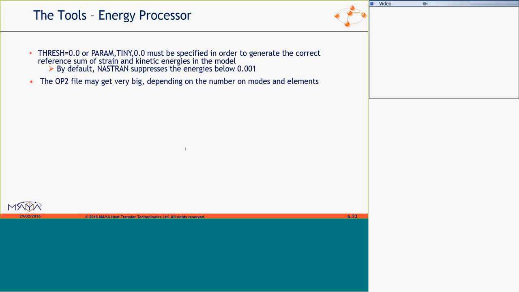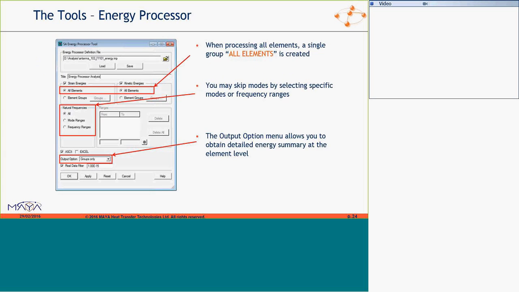And Nastran does suppress strain energies by default, which are small. You really want to add them here because imagine a global mode. Imagine a beam. Imagine that you're modeling a beam using solid elements for some reason, and you've got many solid elements to model that beam. Well, energies are all going to be pretty small for each element, yet you want to find the first mode of that beam. And you need to capture energies in your OP2 file to really understand the modes.